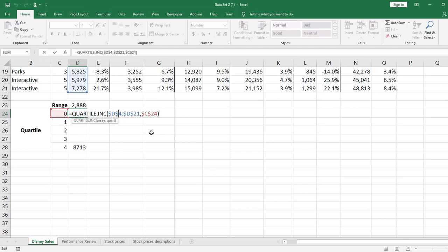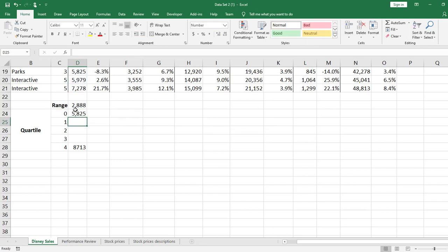Sometimes I want the row to change, but not the column, like I do with red. I want to be able to go down, but always, if I copy and paste it to the right, I want to hold the column. So in that case, I will lock the column, but not the row. That way, as I copy and paste this down,